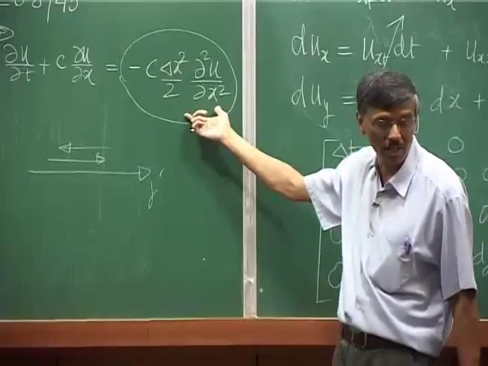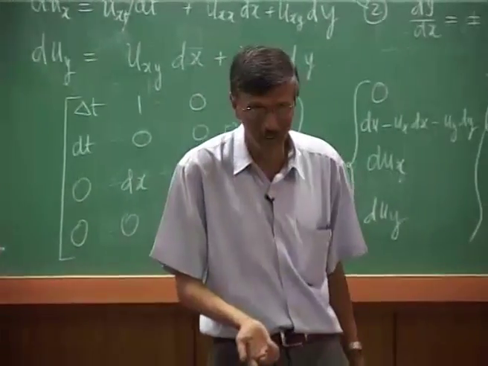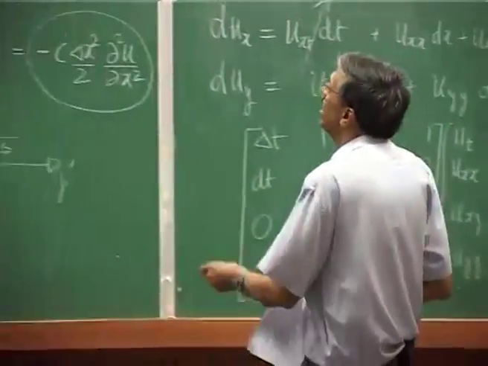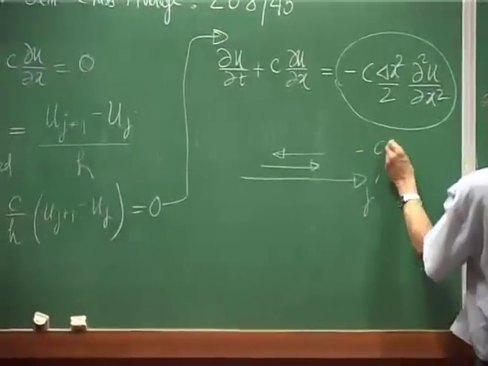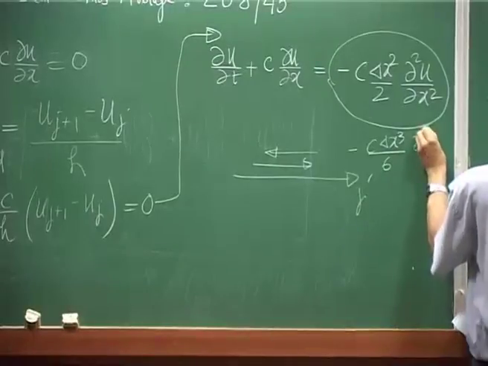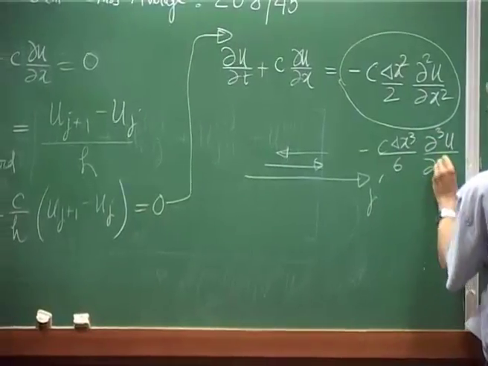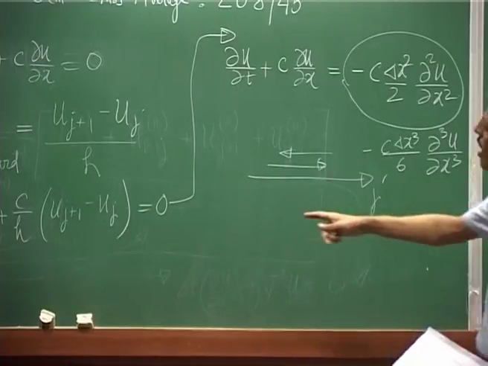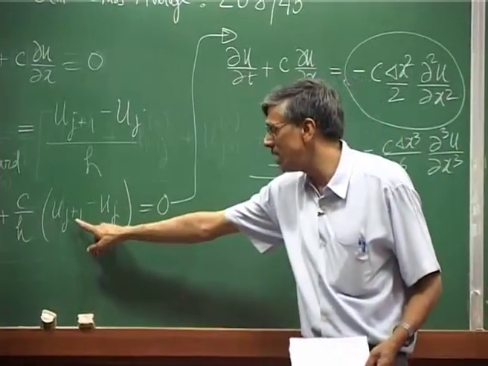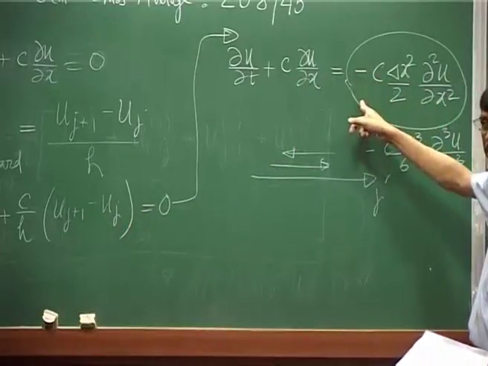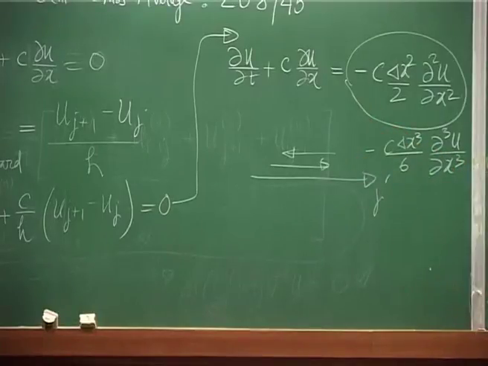So, you can see this is not a dissipation, this is what we call anti-diffusion or anti-dissipation. Then of course, there would be other terms which we did not write, but they are not the leading term. The leading term is this, right. That way, if you had done it backward, then it will be u_{j-1}, and this sign would be plus, and then you would have a dissipative solution,